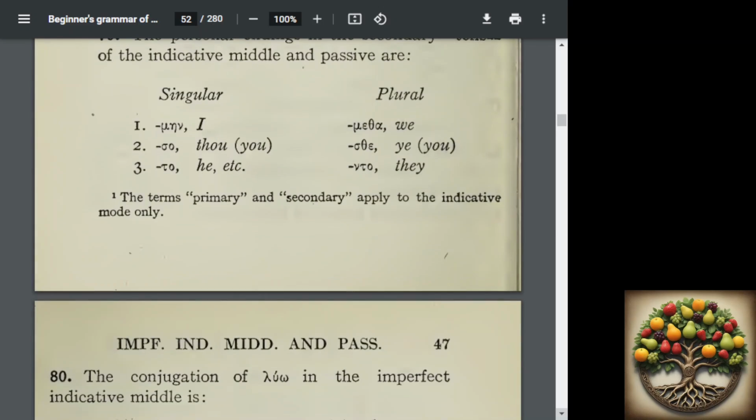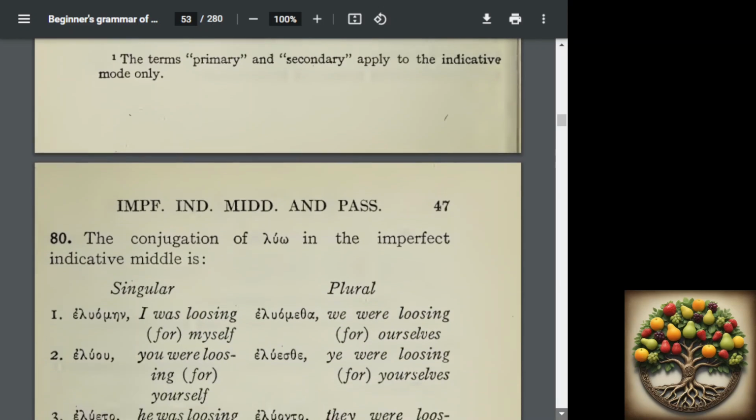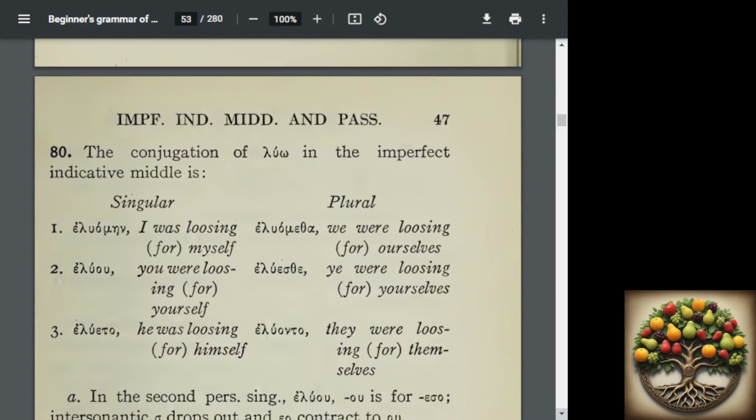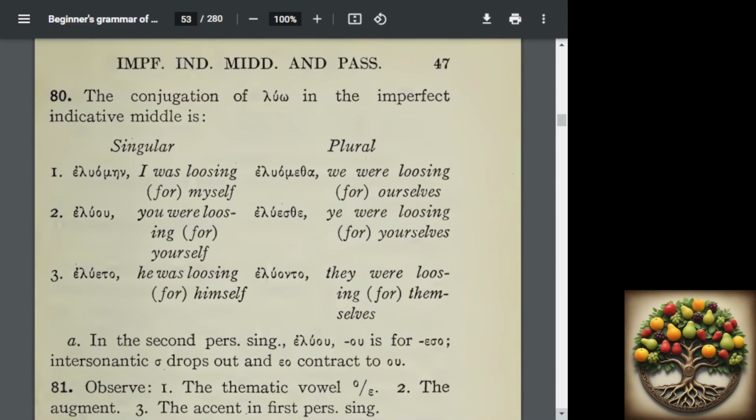Now we're going to take a look at the personal endings of the middle and the passive. In the singular, you've got mēn, sau, to, and in the plural, you have metha, sthe, nto. When we conjugate them with a verb, the middle and passive are going to look exactly the same. In the middle, take a look at the translation there. For example, the first person singular, I was loosing myself, or the second person singular, you were loosing yourself, he